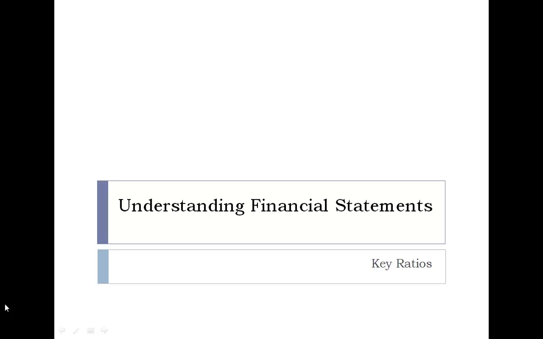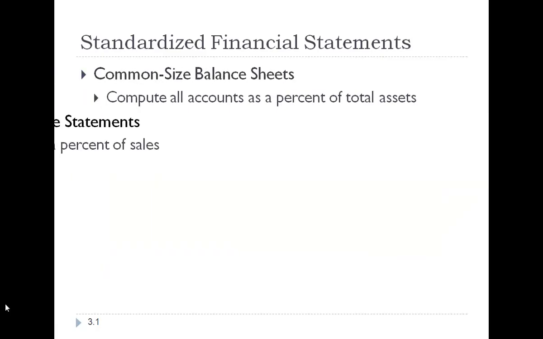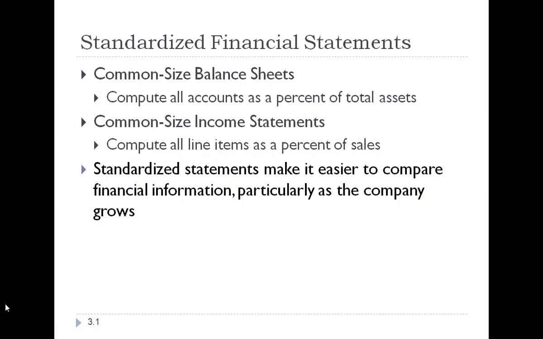Understanding financial statements by looking at key ratios. When we compare companies, one of the problems is that companies are different sizes. For example, if you're comparing Microsoft to a software company that only has 3 employees, one of the problems is just the sheer mass of Microsoft versus the smaller company. It becomes difficult to compare because the numbers are different. So one of the things that we do in order to give ourselves